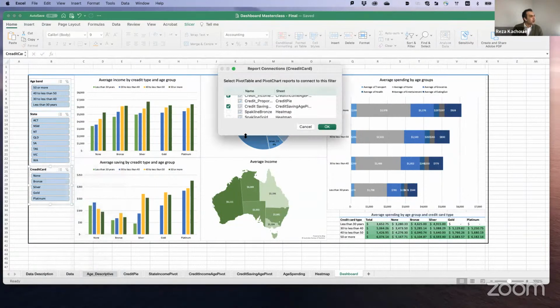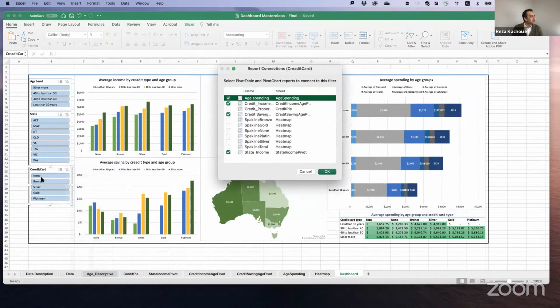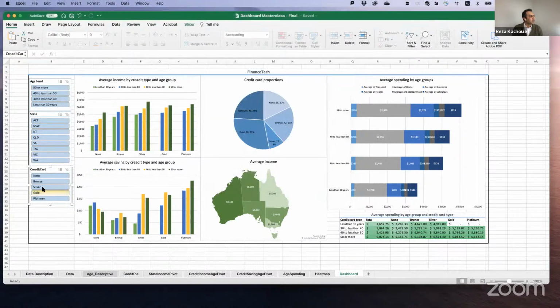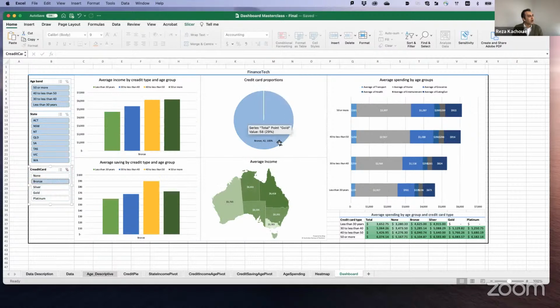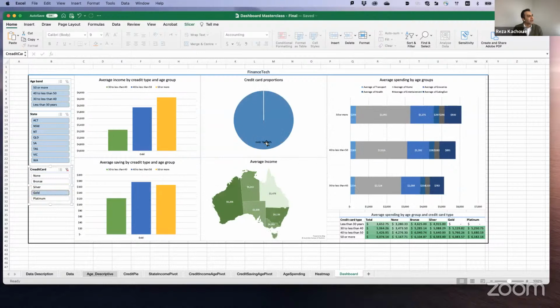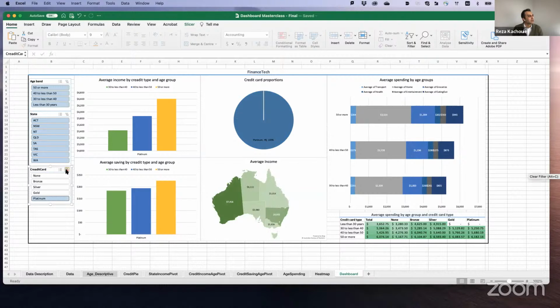Because you have probably connected it to the credit card slicer. When you select bronze, it is all of the bronze, 42 of them 100%, gold 58 of them 100%, platinum 48 100%. Yes.